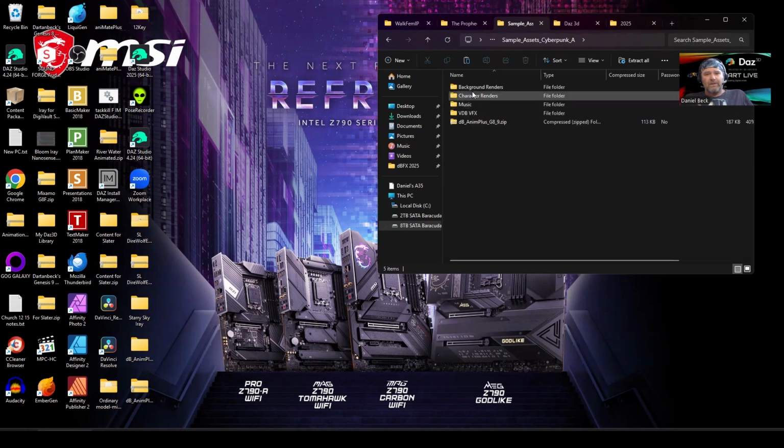Now, these folders up on the top, background, character, music, VDB. Don't worry about any of that stuff for now. We'll work on that together and discuss that stuff even in the very first session. But what I'd like you to pay attention to, just in case you would like to use them before the course starts. This is the special custom controls that I teach how to make in my dynamic character animation course,